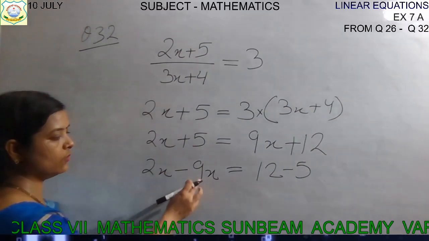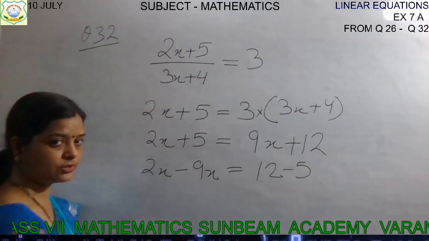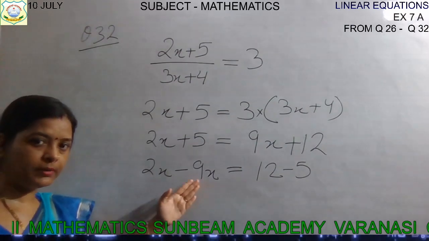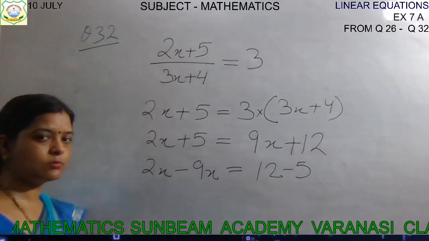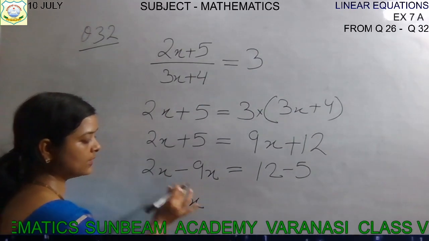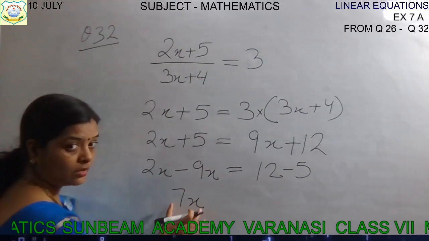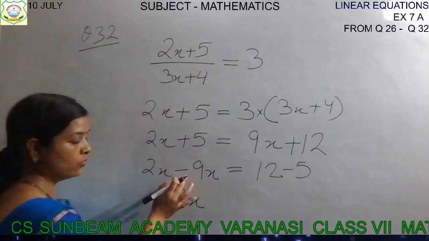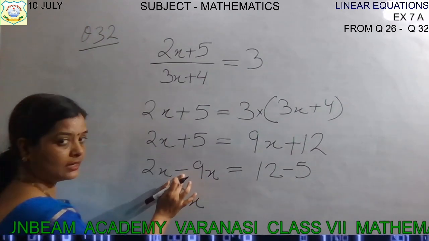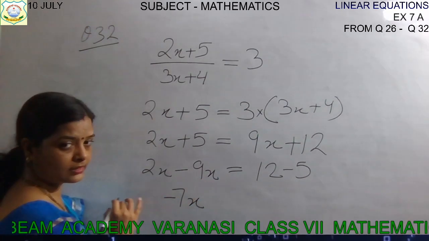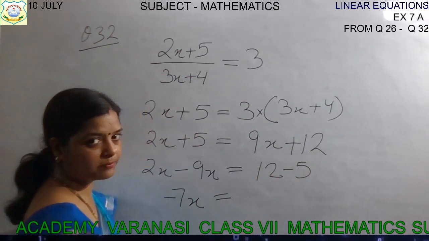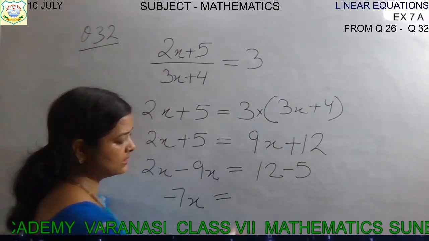Now one is positive, one is negative. We will subtract, children. Signs are different. We will subtract. Okay, from the bigger we will subtract the smaller number. 2 will be subtracted from 9. So 7 will be left along with x. Both were having x. That's why we are subtracting them. Now whose sign will be there? The bigger number's sign. 9 is the bigger number and its sign is negative. So minus 7x. That is equal to, one is positive, one is negative. This is very simple for you. 12 minus 5 is 7.